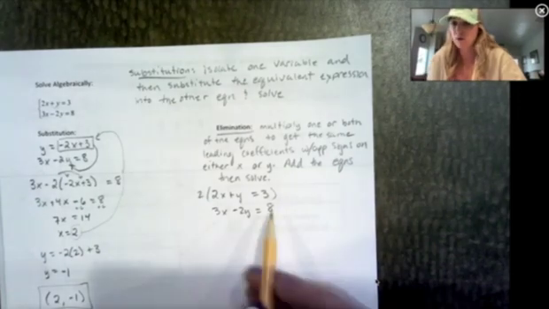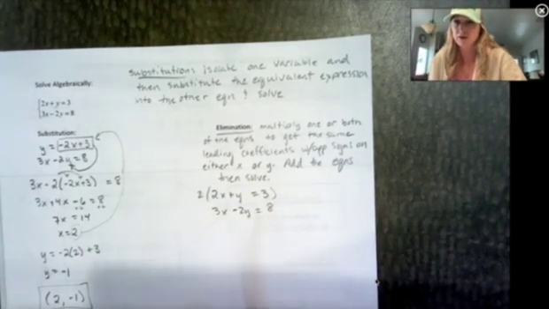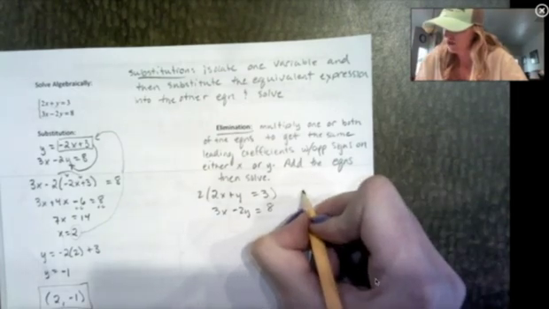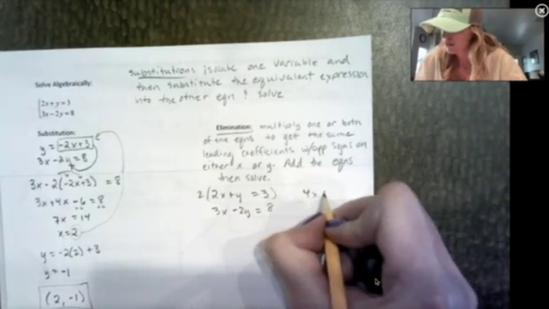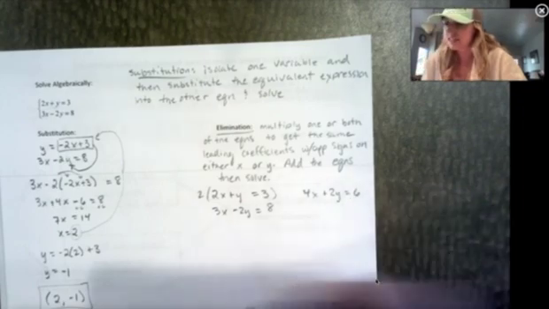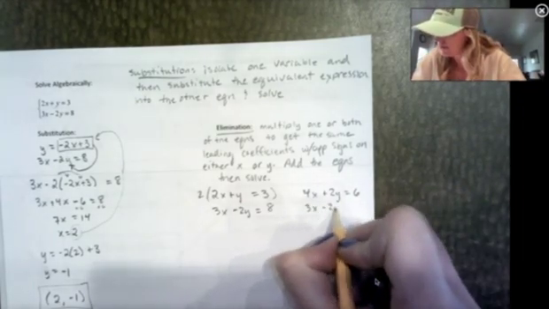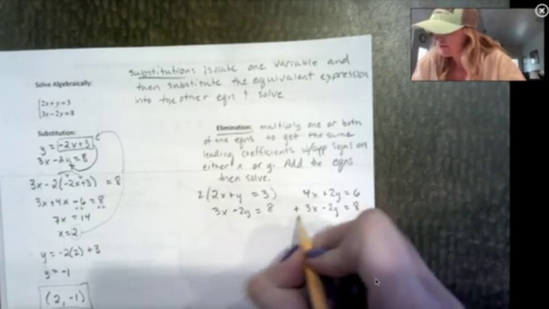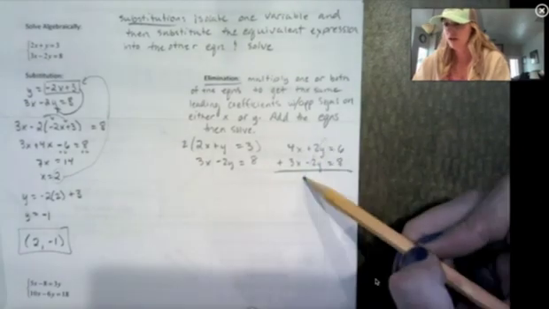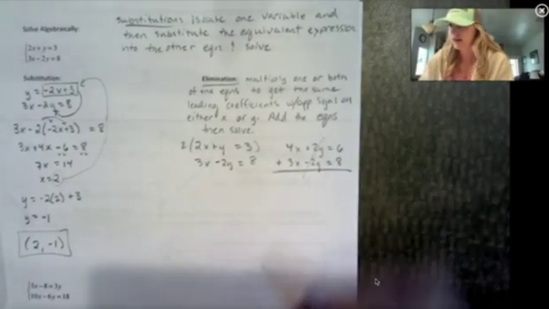So notice I put the whole thing in parentheses because I also have to multiply this 3 by 2, every single thing. Okay, so I get 4x plus 2y equals 6. I didn't multiply the bottom equation, so I'm going to keep it exactly the same. And now I'm going to add. Okay, so this is the elimination part. So the whole purpose of multiplying by 2 is now we eliminate the y's when we add,